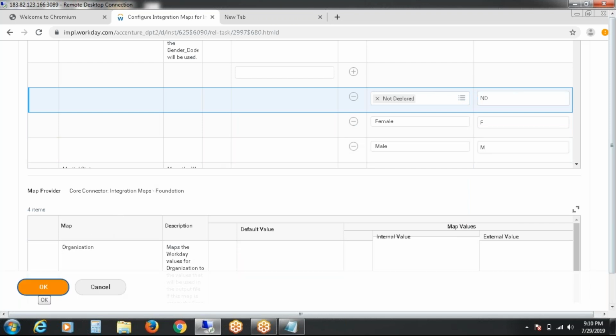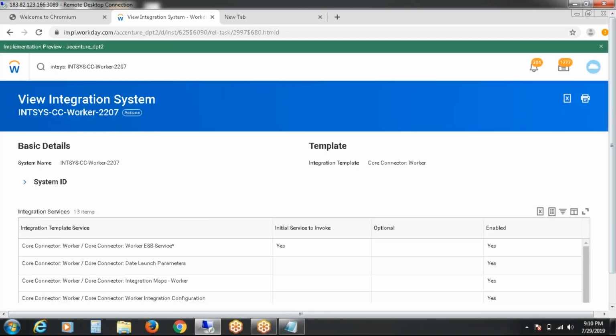Say okay. Now I have created the report in Core Connector. I have called the existing Workday delivered fields. I have called calculated fields. I have mapped some results also. That's it. So my task is done up to here. Now, what is my next task? I need to launch the integration. Now I am going to do the integration process now.